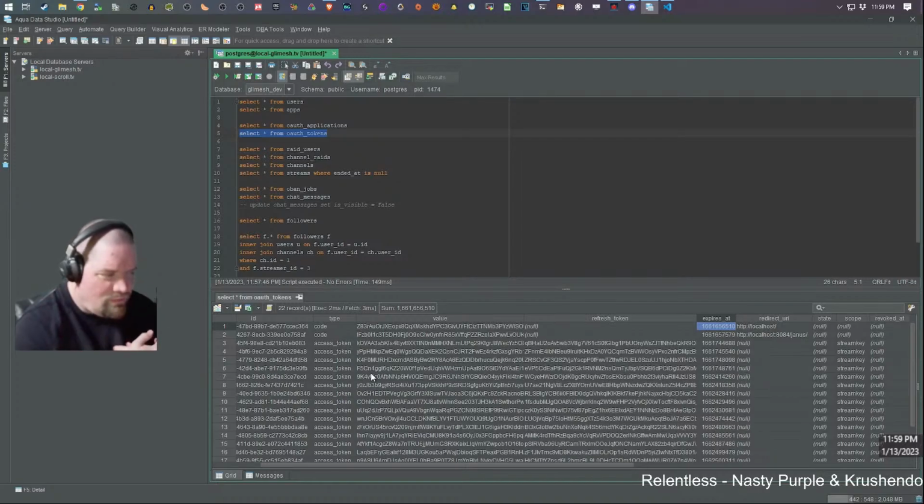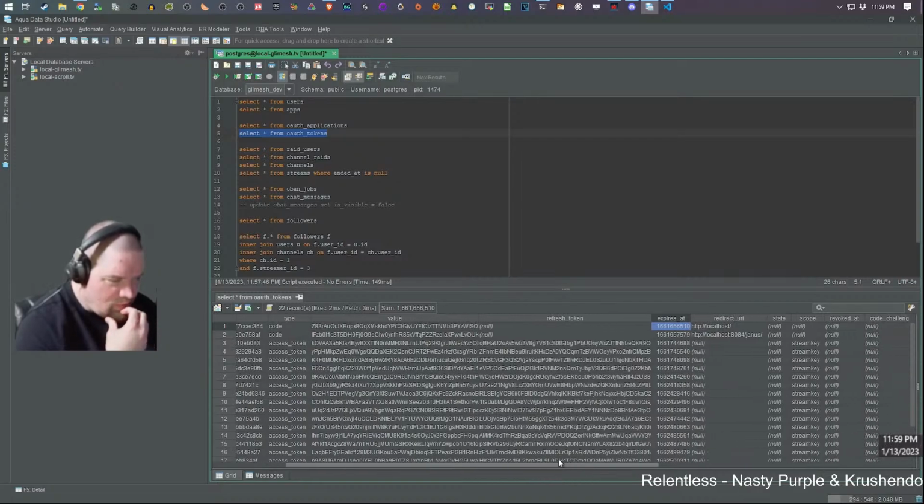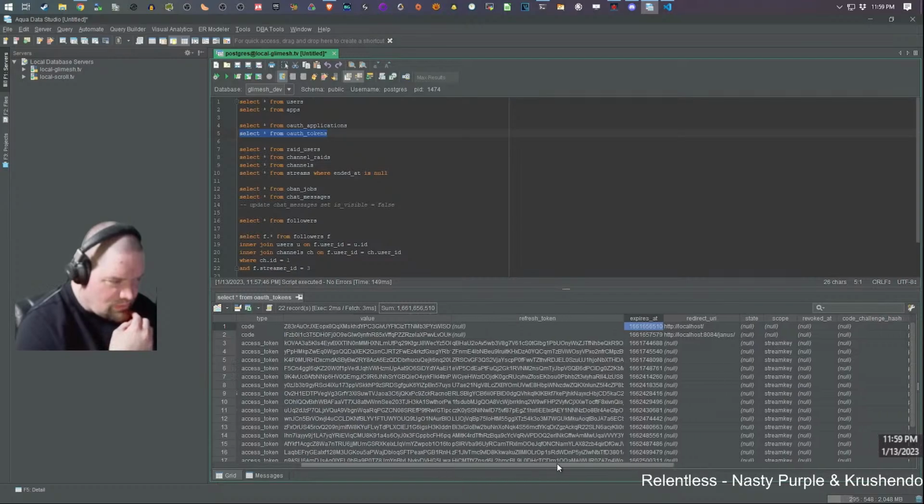So things come off of that list after they've expired, which is not really the correct way to look at it. Just because something expires doesn't mean they can't still request a refresh token, right? If they've expired, I mean, that's the point when you request a refresh, is when you expire.